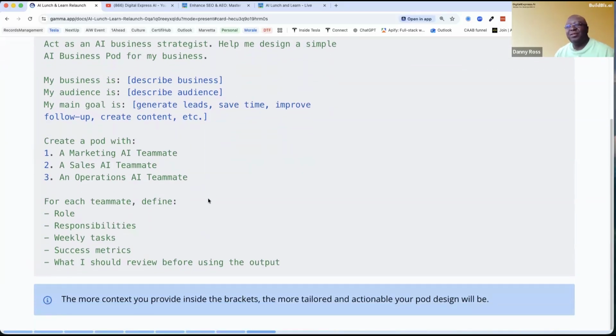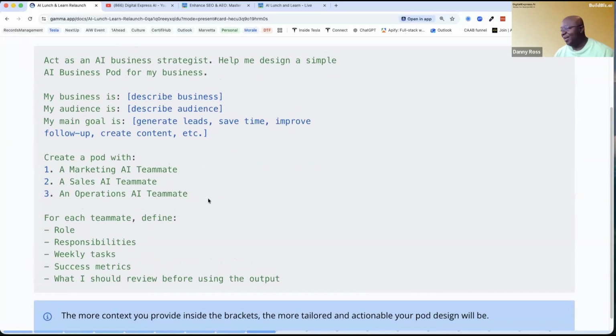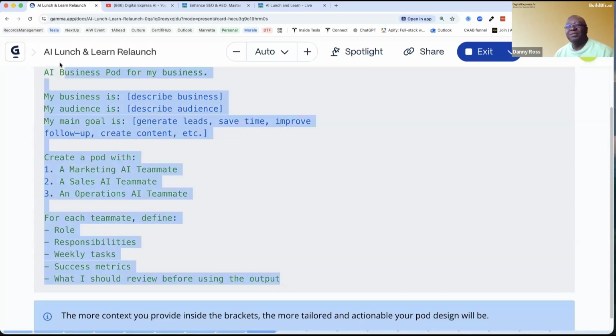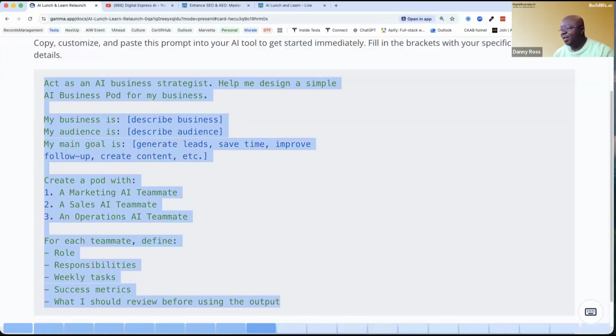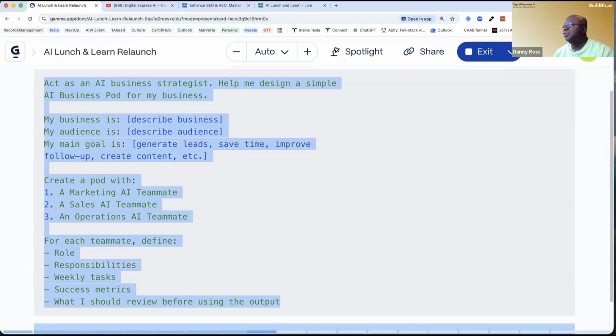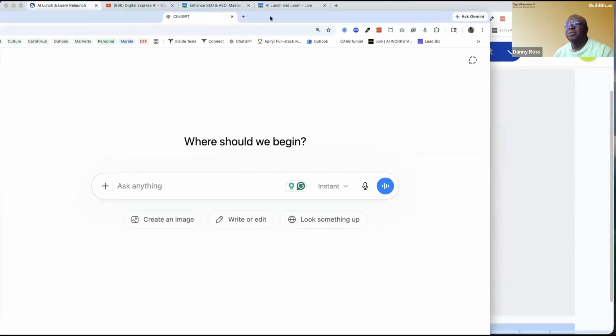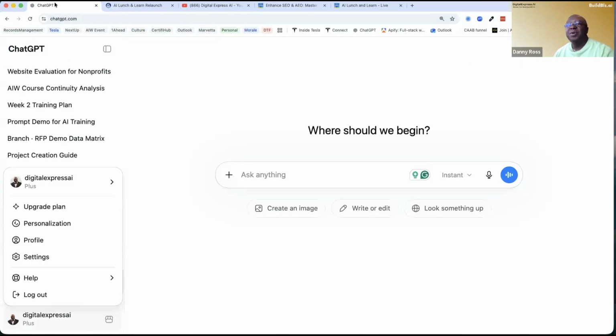Now, I'm going to cheat only because we only have a few minutes here. So I'm going to do a couple of things to accelerate this, but this prompt here is what we're going to use as the foundation for this next step. I'm going to drop that into the chat, but it'll be in the workbook and in the chat thread itself. So I'm going to make sure you have it. And so let's launch a new chat here. Boom, boom, boom. Using my buddy.